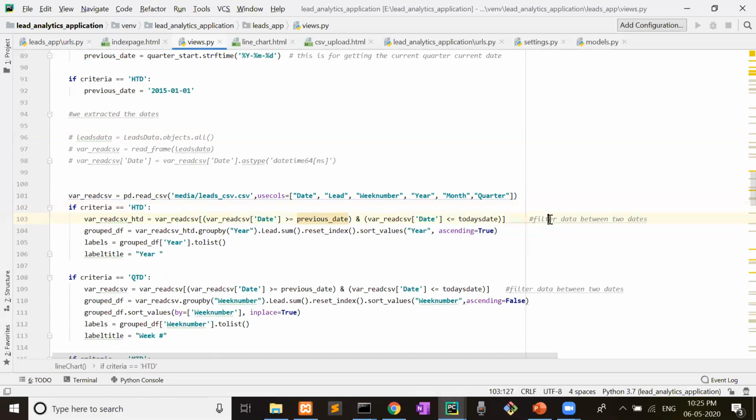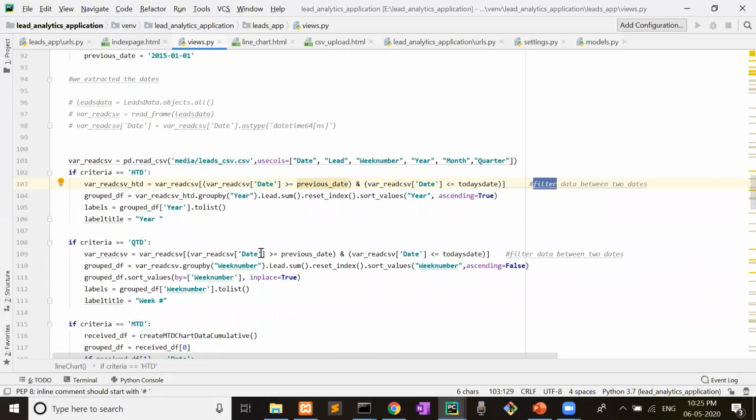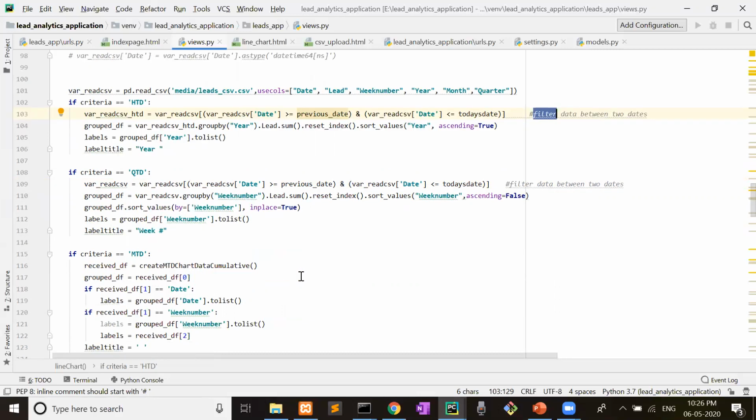We have filtered the data between two dates. See, this is the filtering of data. That means we have extracted the data between these two dates, 1st of January till yesterday. If quarter to date, this is the procedure to get the data between 1st of April till yesterday, because it is quarter to date, right? Another is month to date.